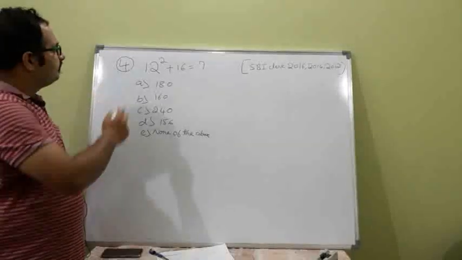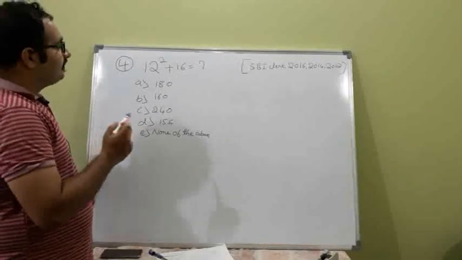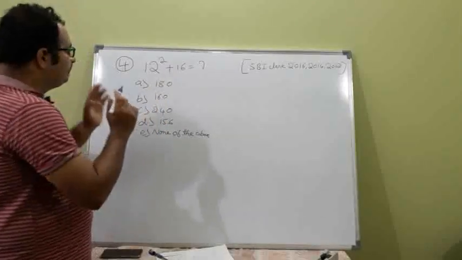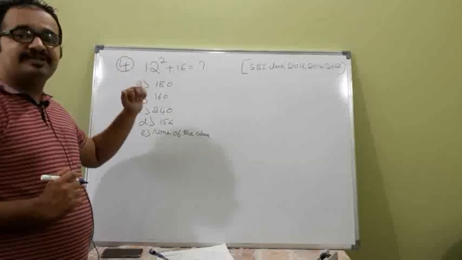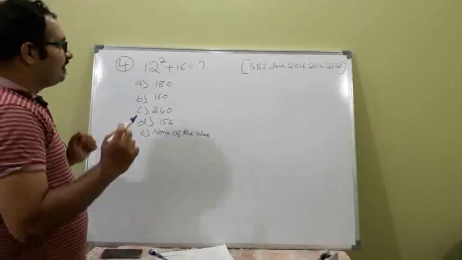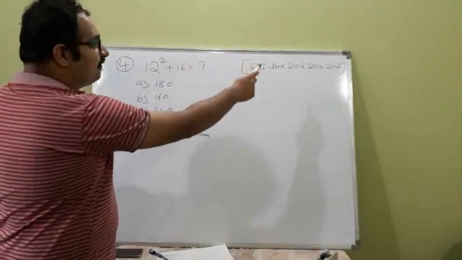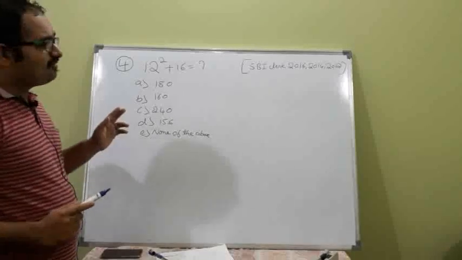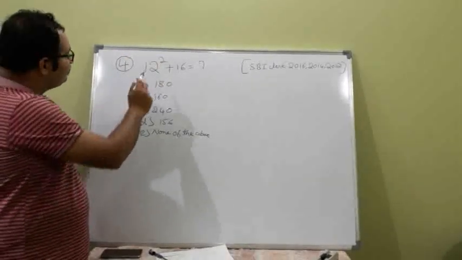Fourth type of problem in the BODMAS rule. It looks like a very simple problem, but here time is the factor we have to consider. We have to finish a problem with accuracy in very little time. Okay, this is the clerk prelims exam 2016, 14, 12. Three years totally given, and the same problem repeated again.